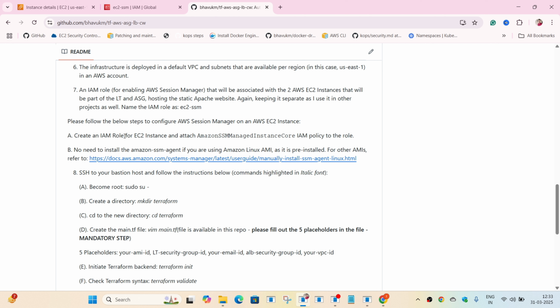Okay, so that's why I'm going to use Session Manager, so that I can have access to a session on the EC2 instances to run the stress test on the CPU. So you just need to create this IAM role, attach this policy, and mention the name of the role as EC2-SSM in your Terraform script, and it's going to attach this role to your two EC2 instances. And again, if you're using Amazon Linux AMI, you do not have to do any other additional configuration